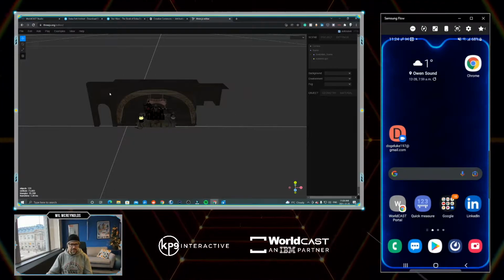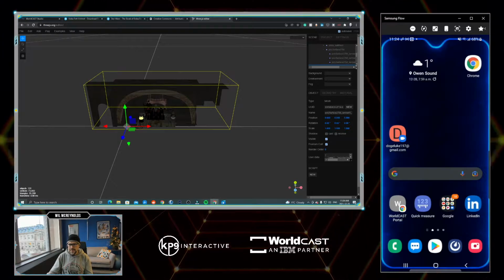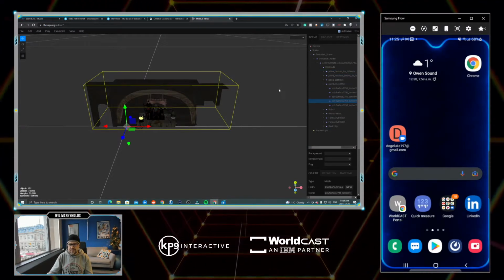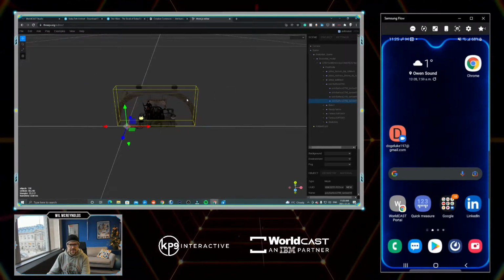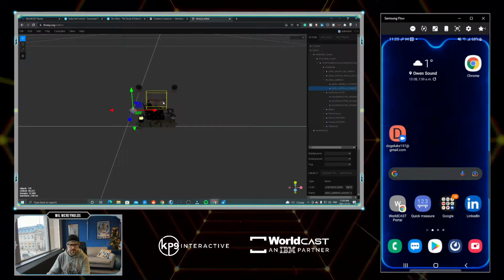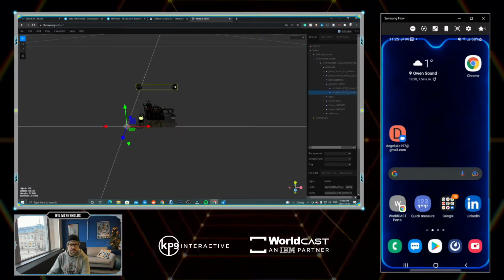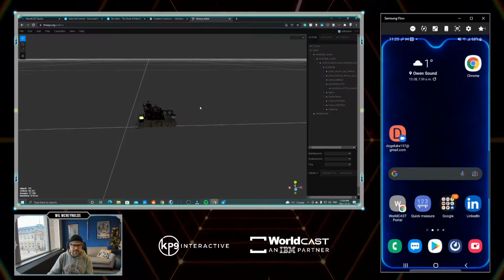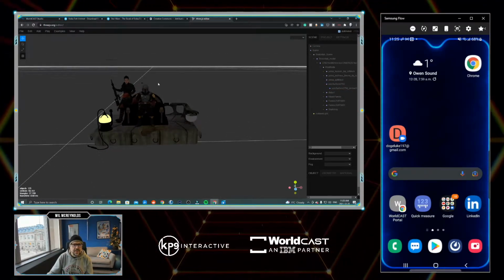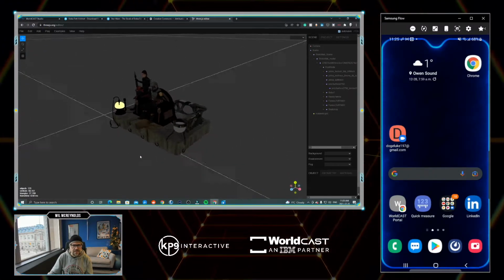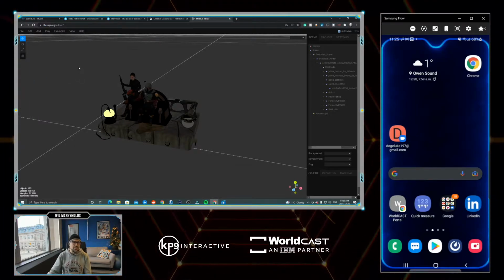As long as the object's not selected, you can come over to the toolbar that lists all the items, highlight one and hit the delete key on your keyboard, and just get rid of the elements that you don't want. There's a little bit of stuff there, but you can go through and get rid of all the little parts. I'm not going to do the whole thing here, but once you have it to where you want, you can just go File, Export GLB,